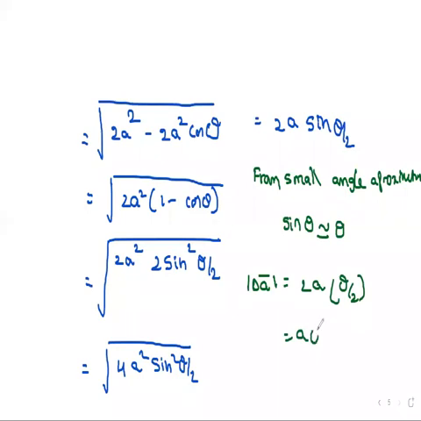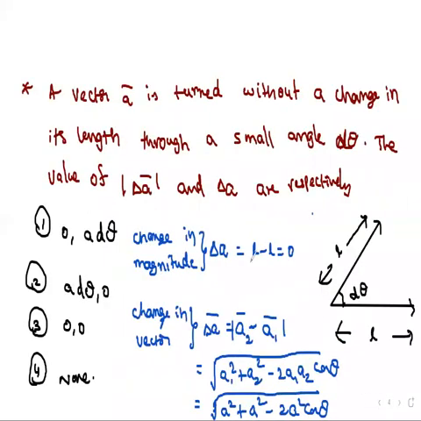But here it was not given as theta for the change in angle, the difference of angle. So the difference will be given as d theta. So according to the given question, modulus delta A bar is A d theta. Two quantities they are asking here: modulus delta A bar and delta A. What we got for modulus delta A bar is A d theta, and for delta A, it is equal to 0. So what should be the answer here? The second option, A d theta comma 0. The second option will be the correct answer.